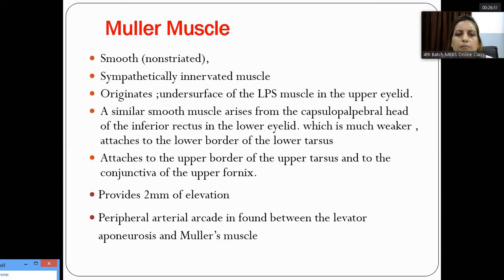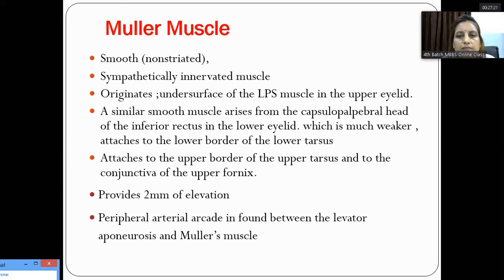So another important muscle is Müller's muscle, which is a smooth muscle that is sympathetically innervated, which originates on the undersurface of the LPS muscle in the upper eyelid. Similar smooth muscle arises from the capsulopalpebral fascia head of the inferior rectus in the lower eyelid. So the similar muscle to Müller's muscle in the lower eyelid is the